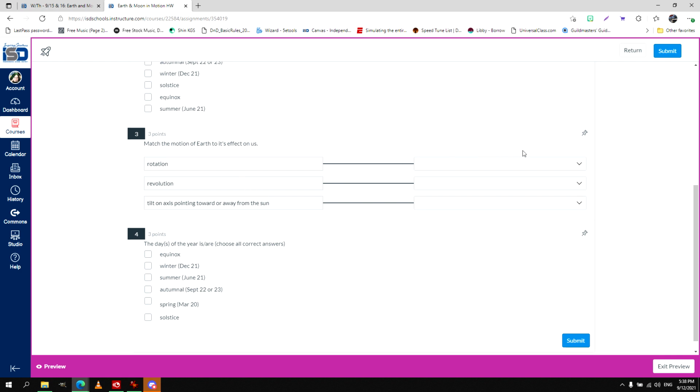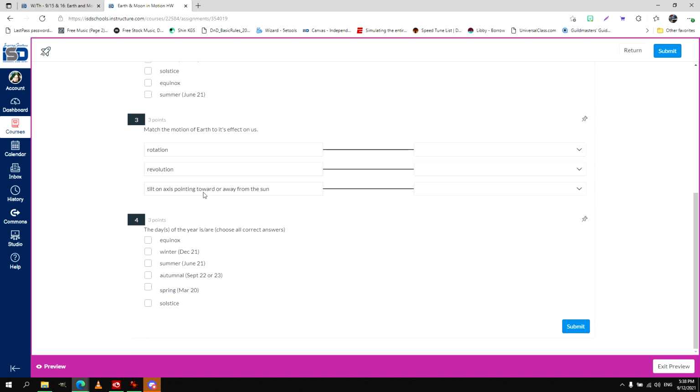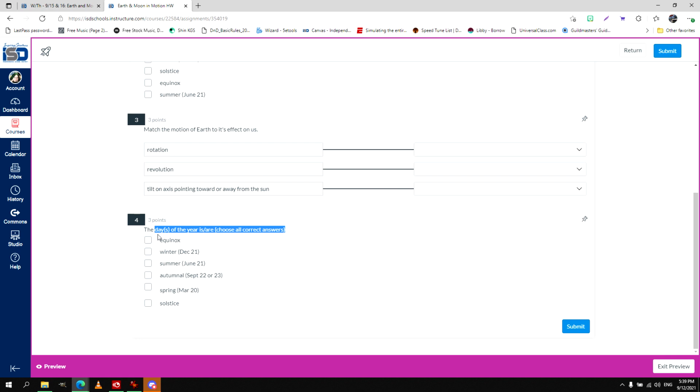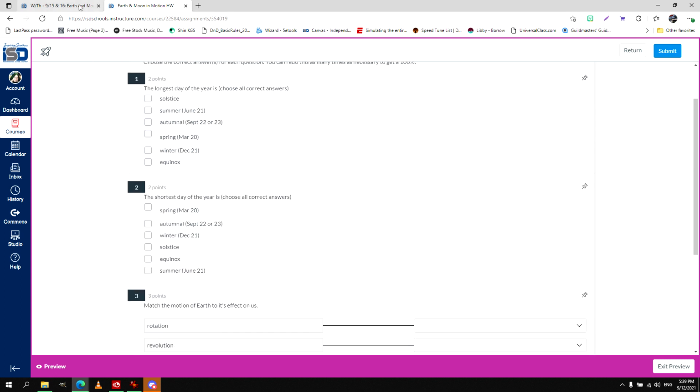And then down here you've got rotation. Match it to its effect. Rotation causes what? A year, day and night, or seasons. Same thing for revolution and tilt. And then you have 3 points down here for the days of the year is or are. That should be the shortest days of the year. Did I do? Nope, this is equal. This will be equal days of the year. I'll fix that. So the equal days of the year is or are, and then choose the correct responses. Once you've done that,